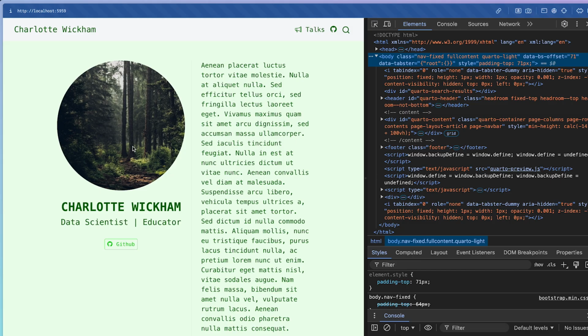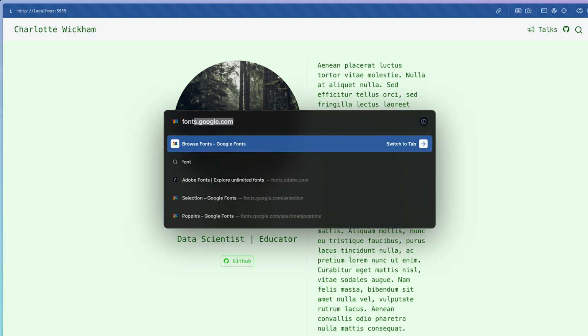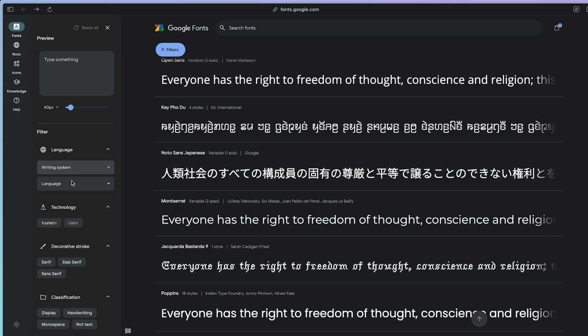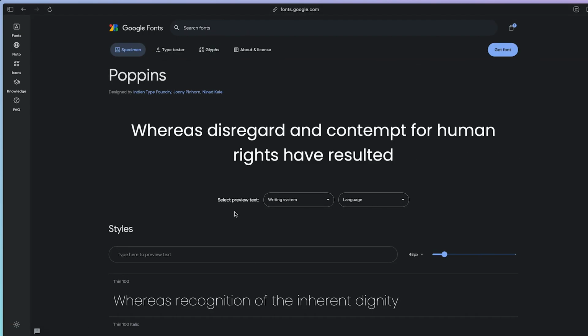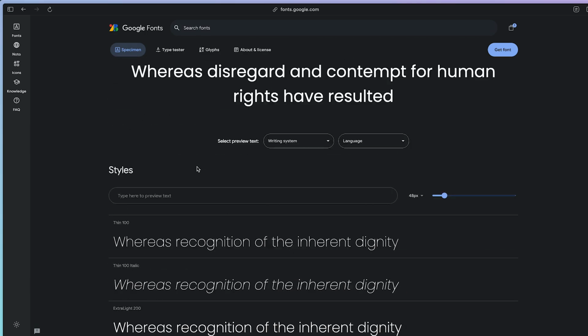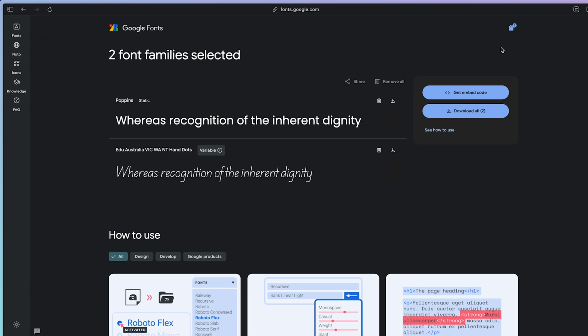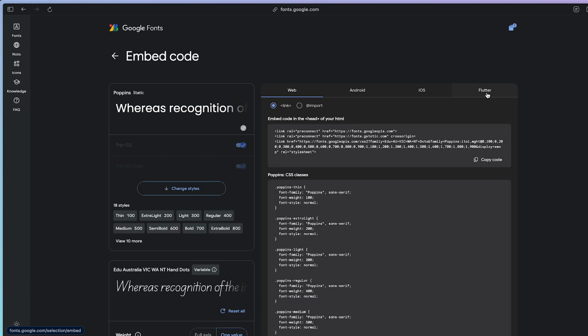If we go back to the website, we might want to pick out some different fonts. The way I go about it is to go to fonts.google and look around to see what we have. There's a bunch of different ways we can filter everything out. I kind of like this new Poppins one. It probably isn't new, but it was new to me. We can see the different weights, and you can change the text and preview in different ways. But you say, I like this one right here, I'll get it. You click that font, and then you click up here on embed code.